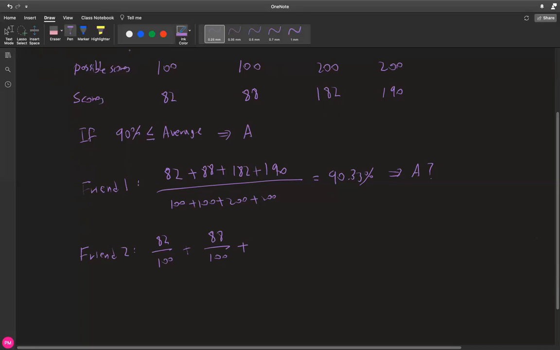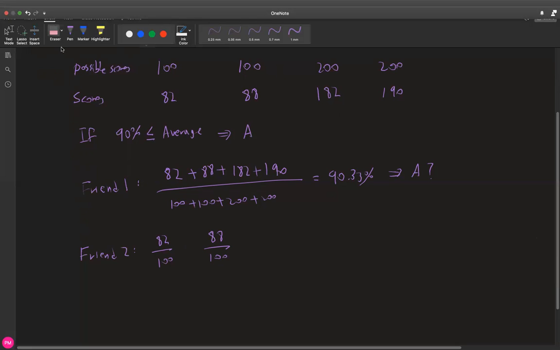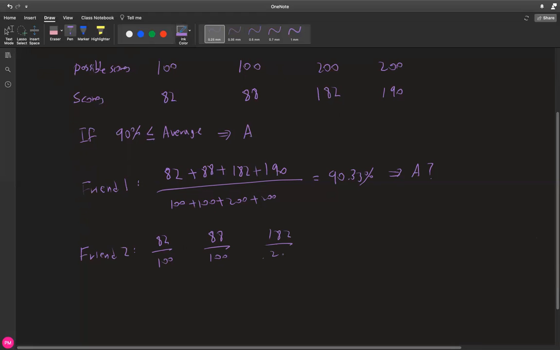And let's erase this for now for better explanation. For the third one, you received 182 out of 200, and for the final, you received 190 over 200.